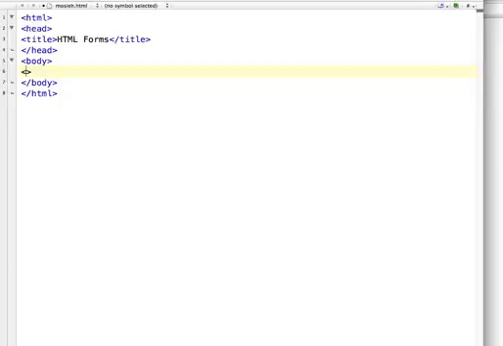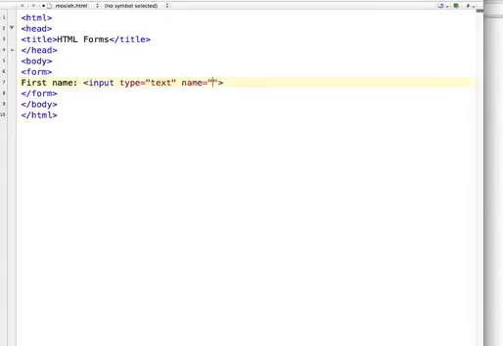To start a form you have to write the tag called form, and to end it, /form. So at first I will show you how to write the code for text fields. First name is a text field which is available in every registration form. So to write that we have to do input type, and we have to write the type as text. Give it a name as you wish. I am going to give it the name first name,